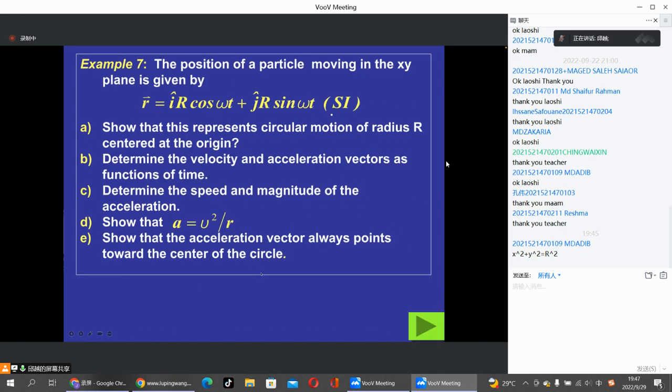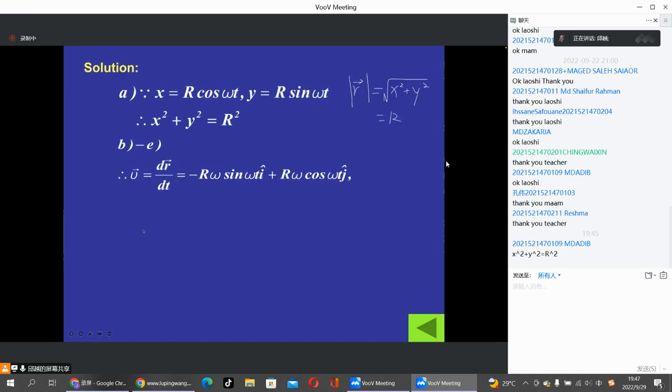Okay, determine the velocity and acceleration. We know that v equals dr dt, and by doing the derivative of r, we know that the first term on the x-axis equals minus r omega sine omega t, and the second term on the y-axis equals r omega cosine omega t. And we know that the magnitude of the velocity equals omega r,